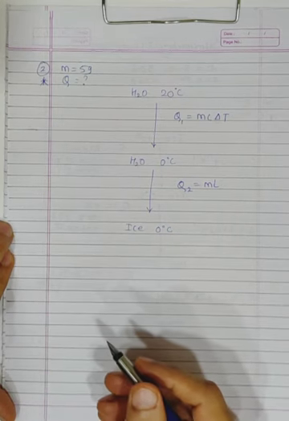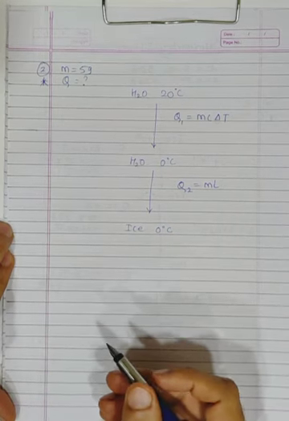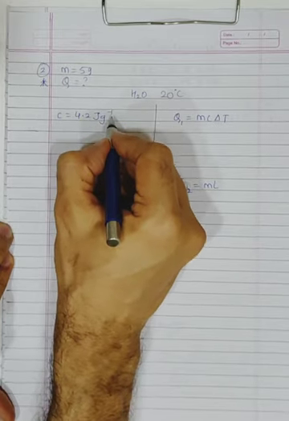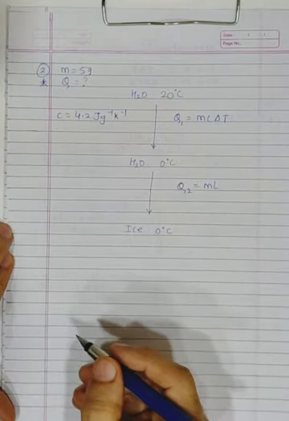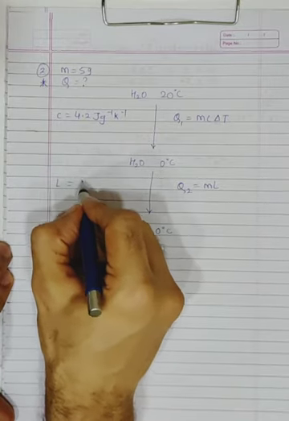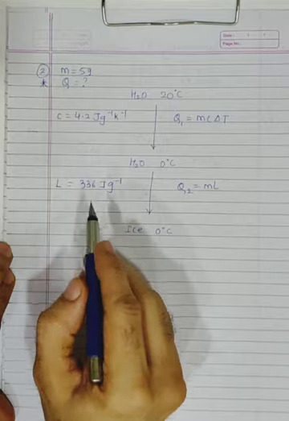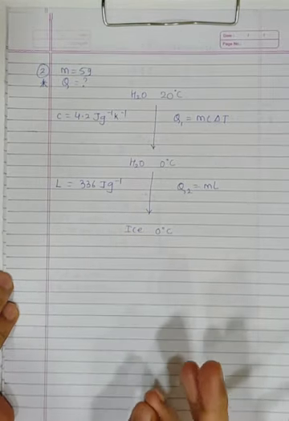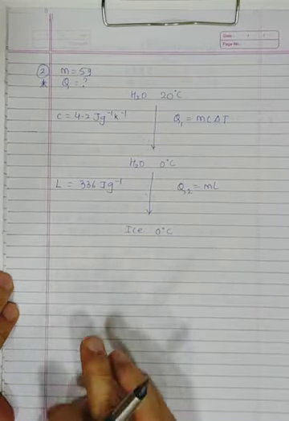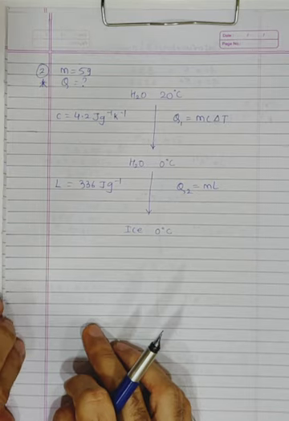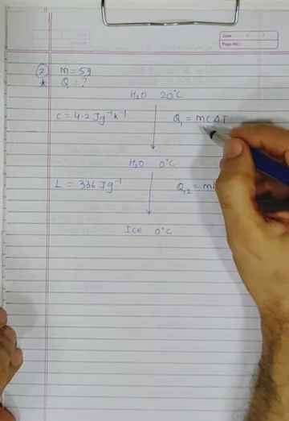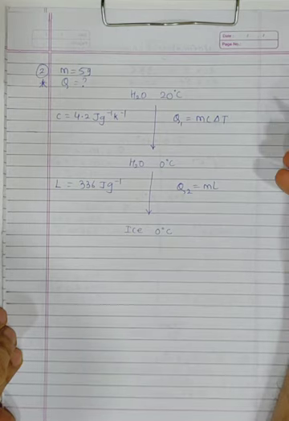Now it's given that the specific heat of water is equal to 4.2. So C of water is equal to 4.2 joule per gram per Kelvin. And you are given that the L of ice is equal to 336 joule per gram. Okay, note the unit is joule per gram, not joule per Kelvin. So those three are a little confusing: C, C dash and L. So be careful about those units. Okay, now next thing we will do, so we'll find Q1, then Q2, and then just add them.